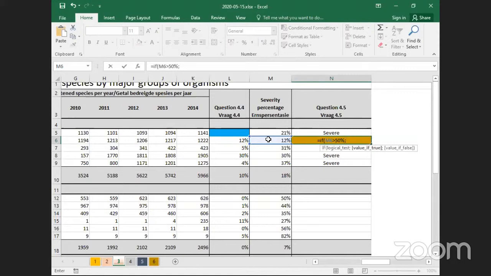If it is, the wording, so we put it into inverted commas, very severe, should show. So now, value of false, we've still got two criteria left. So we can't add a criteria there. So we need to go again and say, okay, if M6, because we always start with this, M6 is more than 15%,